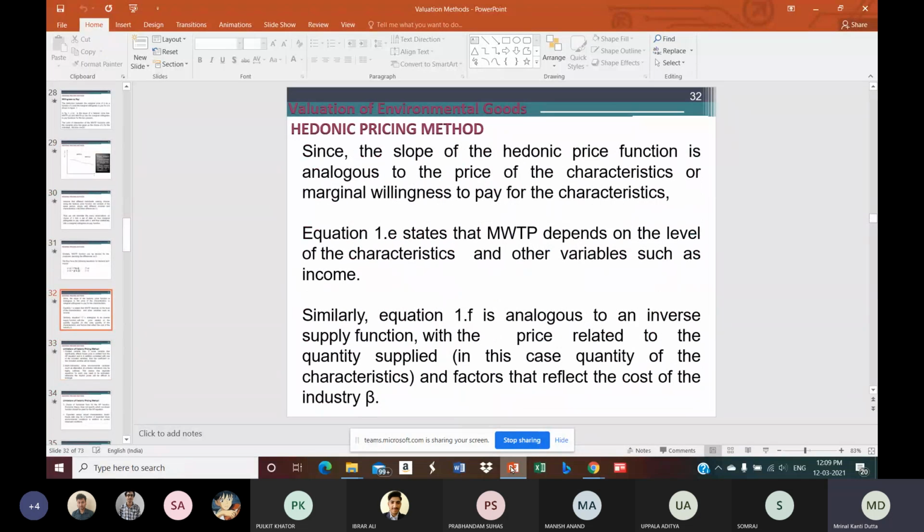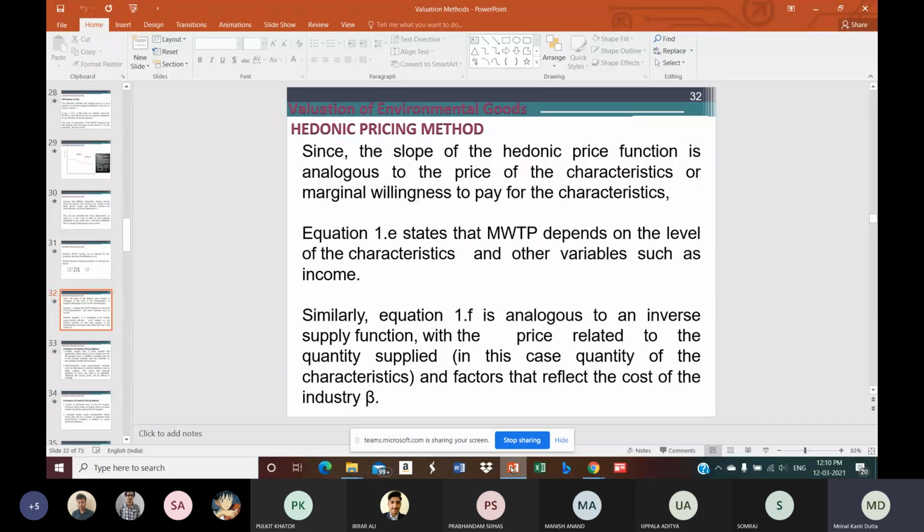So that way, hedonic pricing method will be giving us information about the pricing of environmental goods and services. Insofar as the advantages or scope of hedonic pricing method is concerned, we find quite a few of them. One might be that this method can be used to estimate the values of the environmental quality based on actual choices. Because here it's a revealed preference approach. So we try to see the behavior of the people in the actual market. The housing market is the example here.